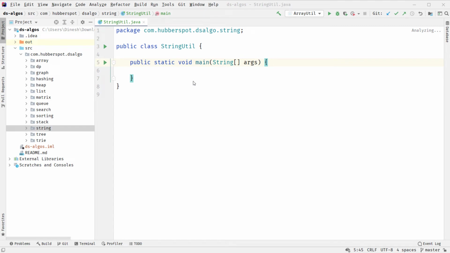Hello everyone. In our previous video, we discussed the problem of is subsequence, where we were given two strings. One was the original string, another was a sequence, and we need to find out whether that sequence is actually a subsequence of that original string or not. Before going through this video, watch that animation so that you get an idea of how we can find out whether a sequence is a subsequence of any other string. In this video, we will actually code the algorithm and test its working in the main method.